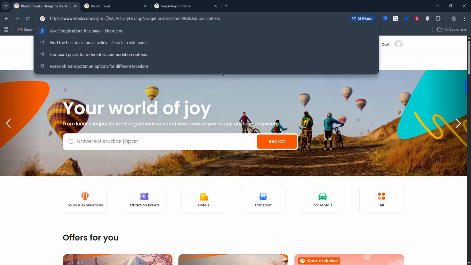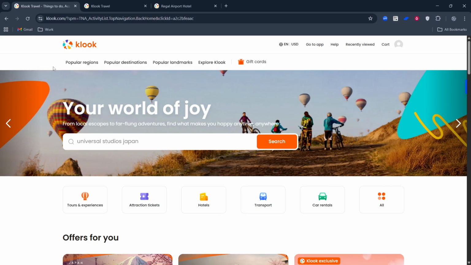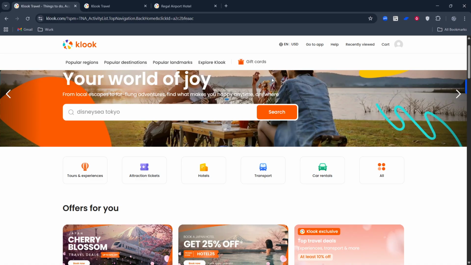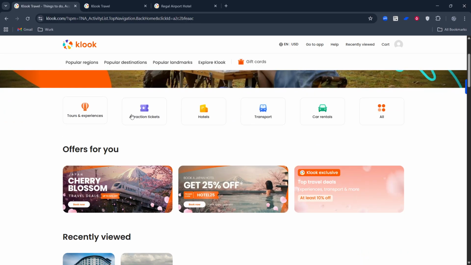Begin by opening the Klook app or visiting the Klook website. For the best experience, make sure you're on the latest version of the app and signed into your account so your discount and booking details sync properly. Next, search for the activity you want. When you find the right one, select Book Now to open the booking page.